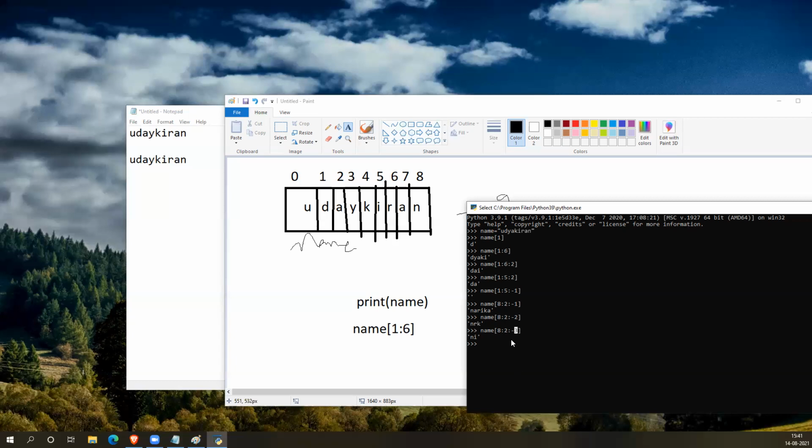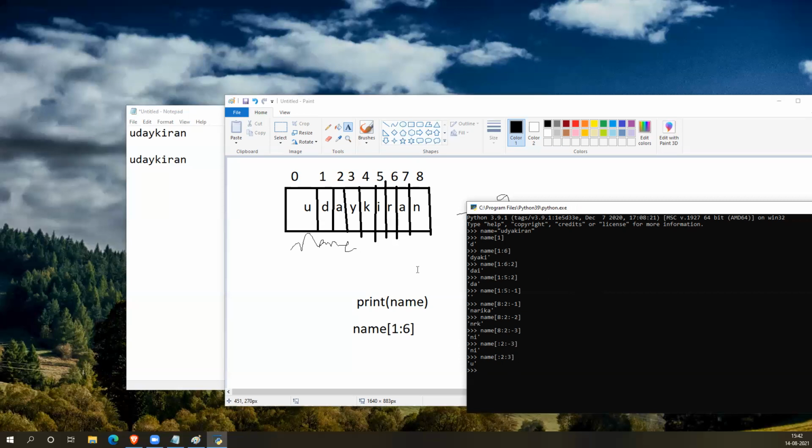If you don't specify the start, the starting point will be taken as 0. As it is minus, it will be taken as 8. But if it is a positive direction, it will be taken from the first one, 0.